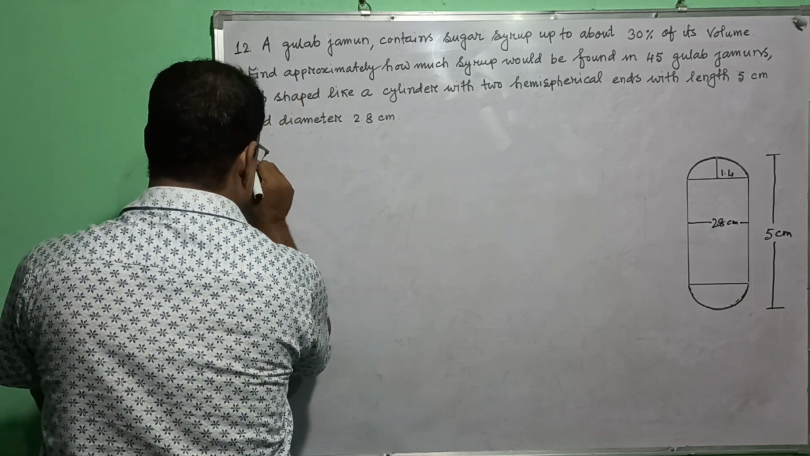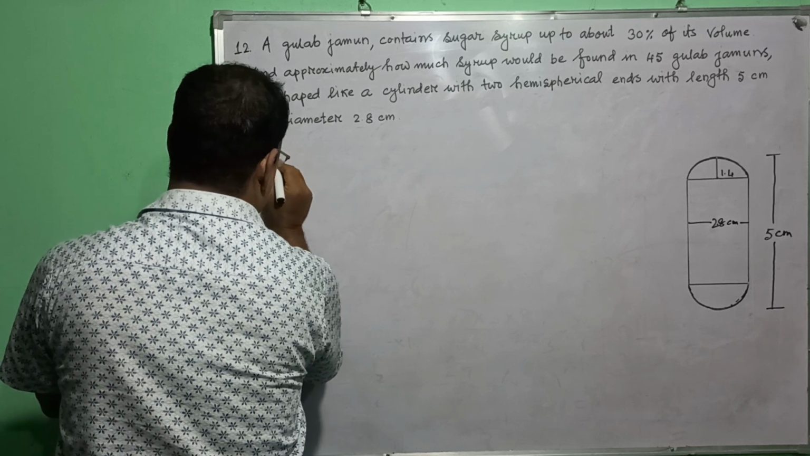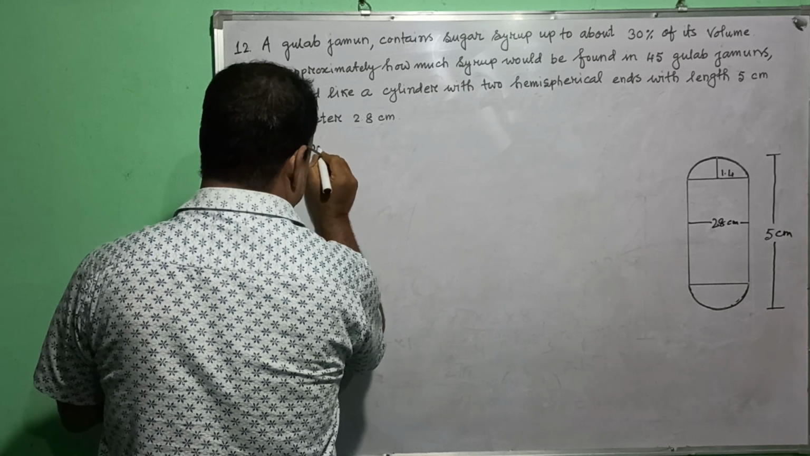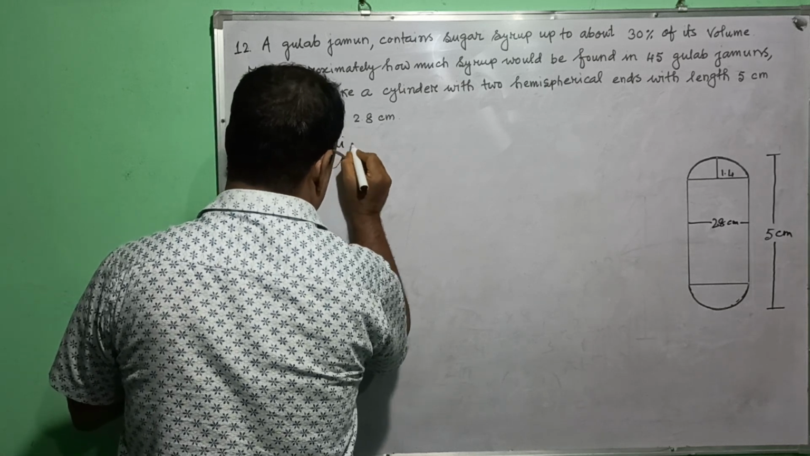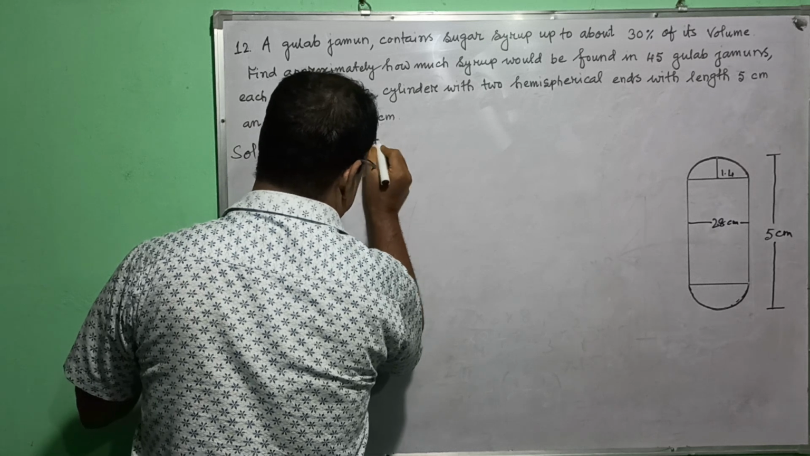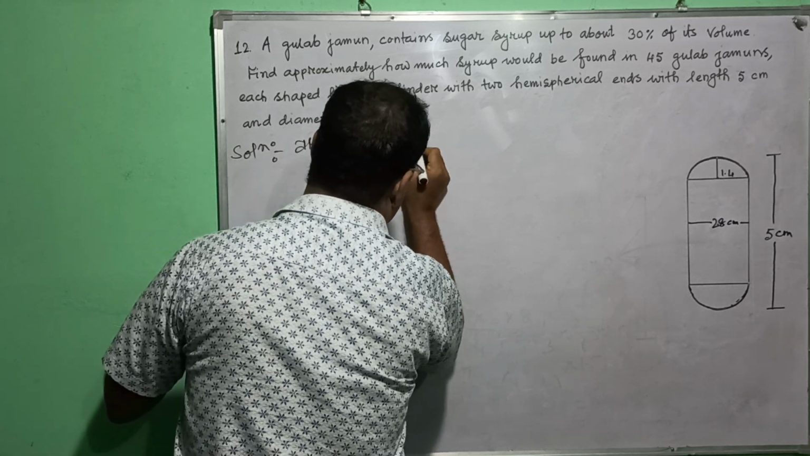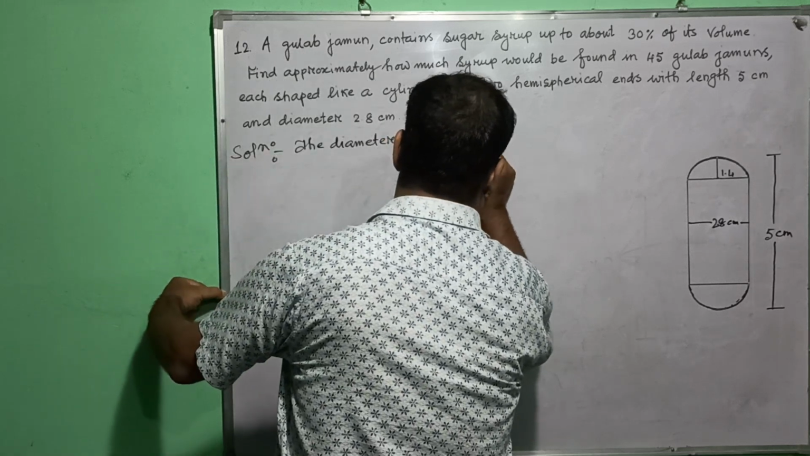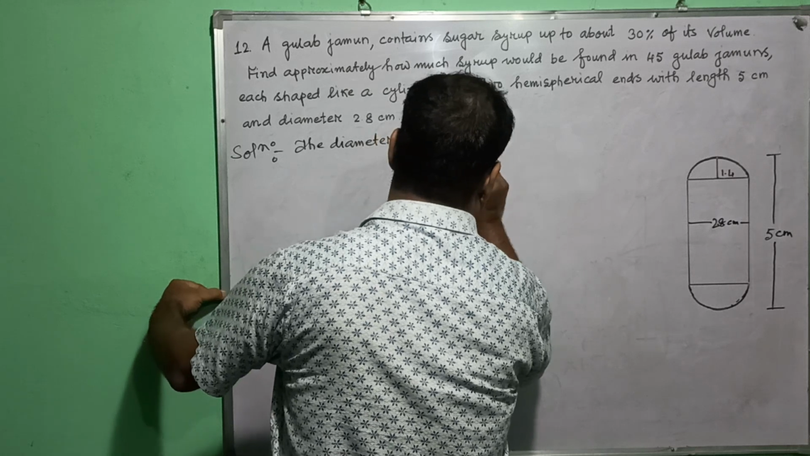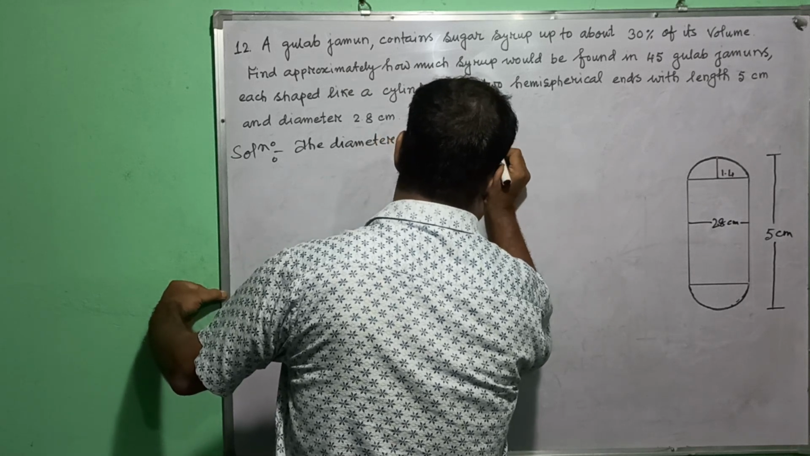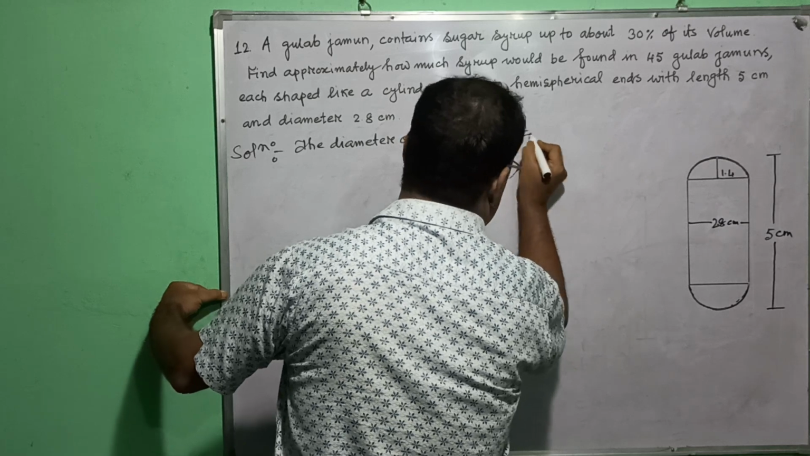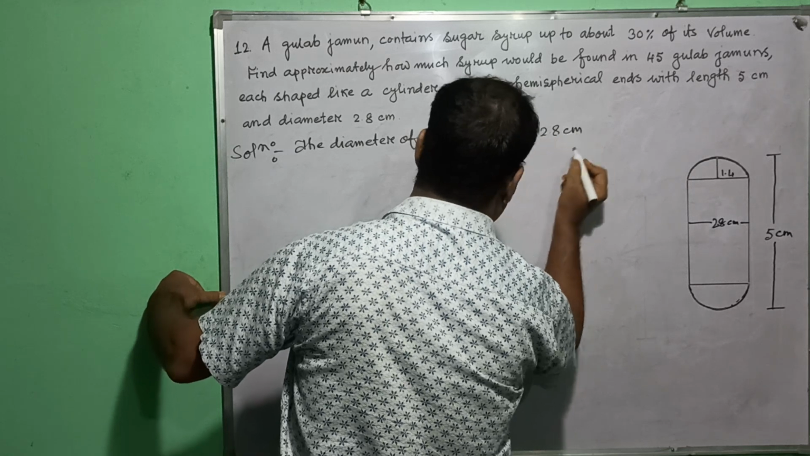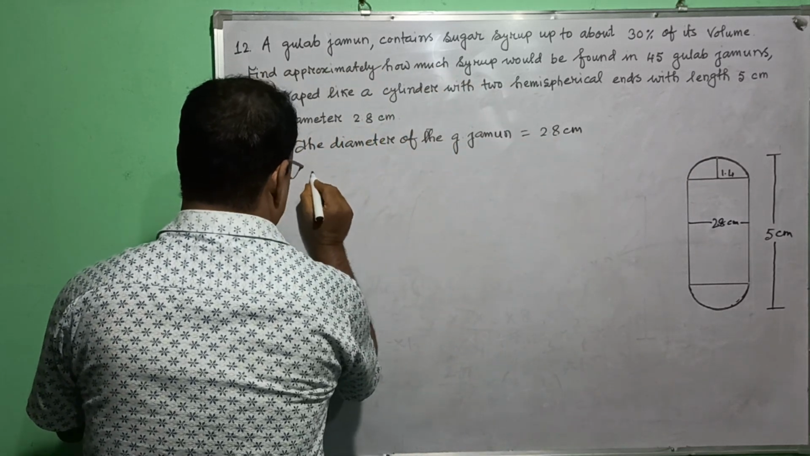Now we'll write the diameter of the gulab jamun. You can write the full form. So I am writing in short, gulab jamun equal, it is 2.8 centimeter. Therefore, the